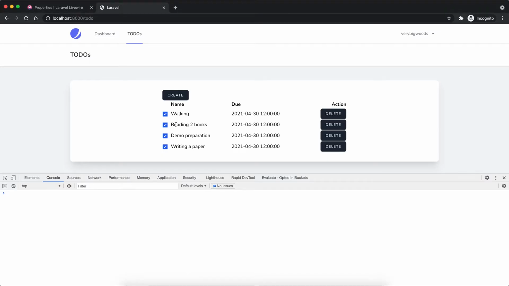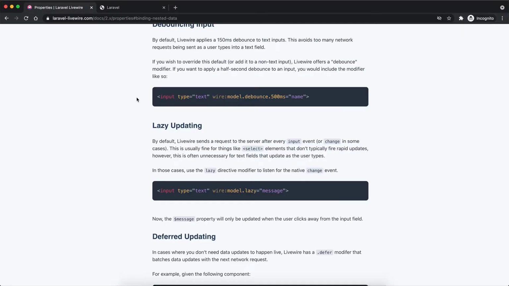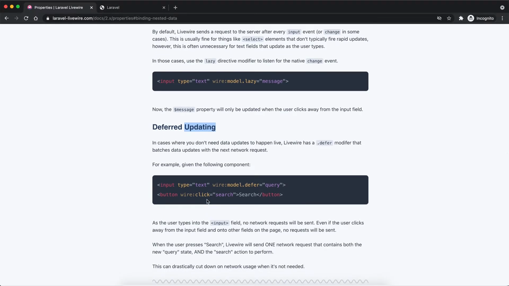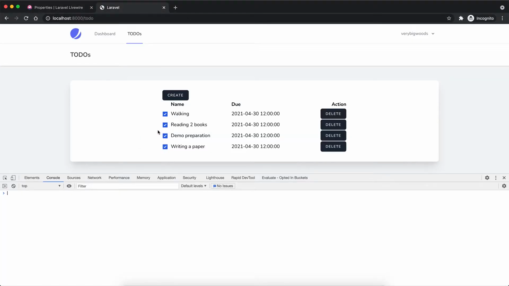We need to use some Livewire feature to fix it. So this is what I'm going to introduce to you, the deferred updating. According to the Livewire documentation, you can see here, in some cases, you don't need the data update to happen live, which is what we expect. We don't expect an HTTP request on every tick. So this is a pure client behavior. So we don't want it to be updated at the server side until we click some button or trigger the